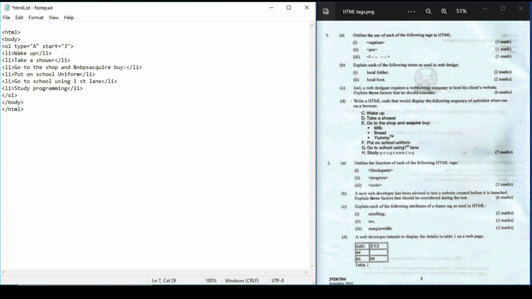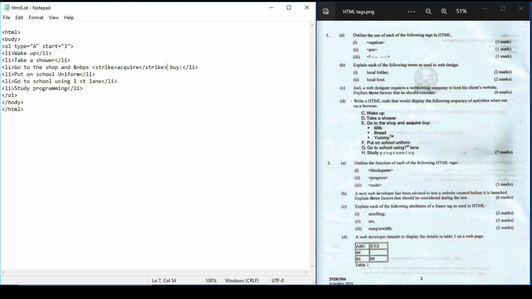This is gonna create space between and acquire, and space, then type strike. So what this is gonna do is just gonna strike through the word acquire and close it. Strike, close the strike tag. We save